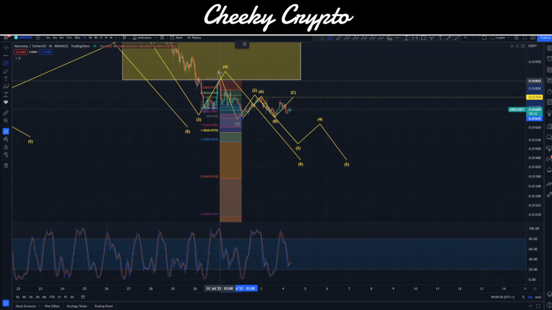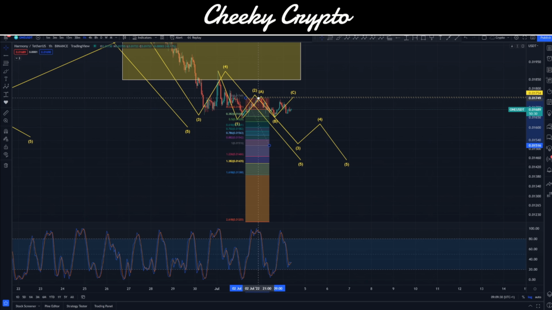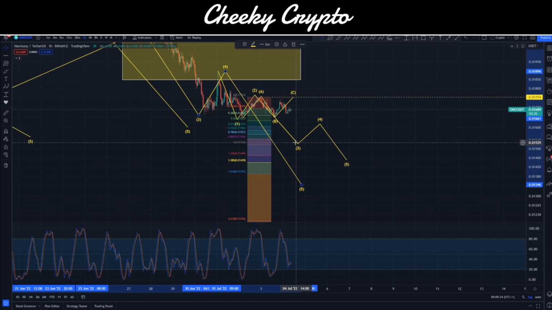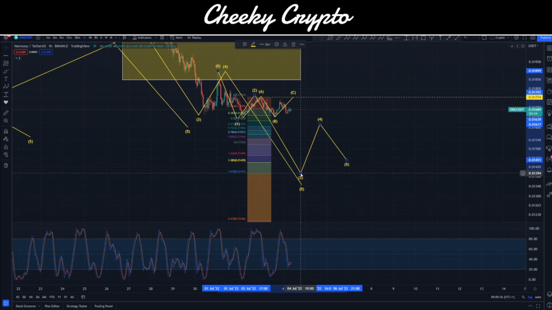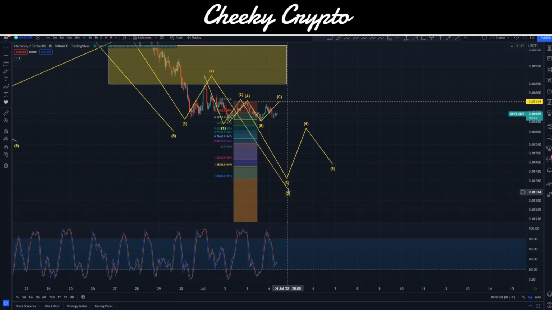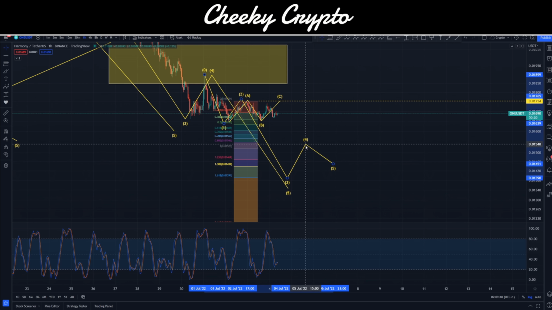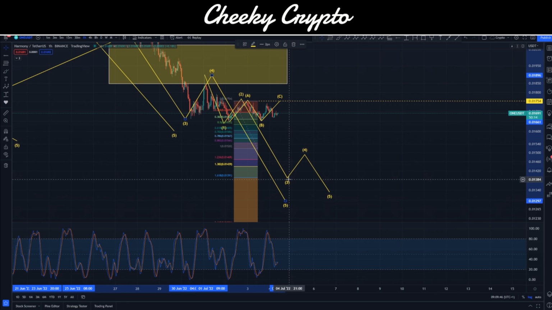If we grab this high point, this high and that low, move it over to here, we could be looking at bringing our third wave down to about 1.3. And then if that's the case, we'll probably want to be looking at a bounce for wave 4 and then a final move down, probably towards the lower end of 1.3. So essentially wave 3, approximately 1.391, and then probably a wave 5 at around 1.3 flat or something around there.